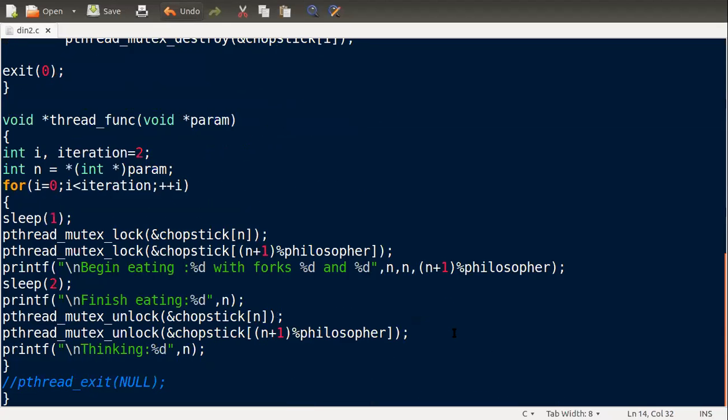Okay, now this is the thread function that gets executed, if you see over here. So what we see, and this particular pthread iterations is 2. Okay, I will explain this. Iterations I have given as 2 times. I want to execute the dining philosopher problem for the 5 philosophers. So we have philosopher 1, then 2, then 3, then 4, and then 5.